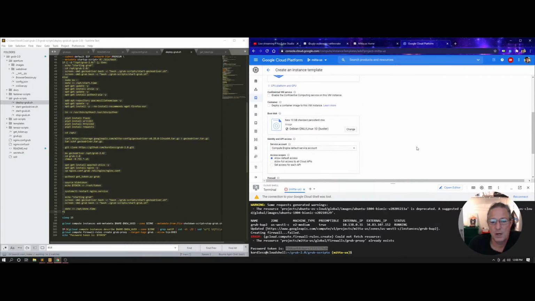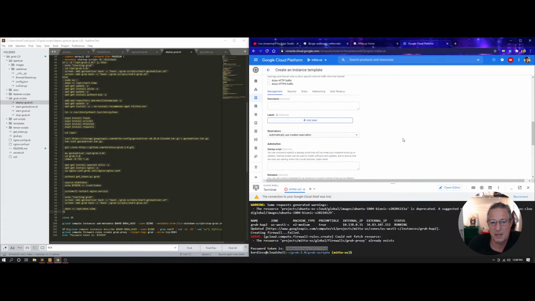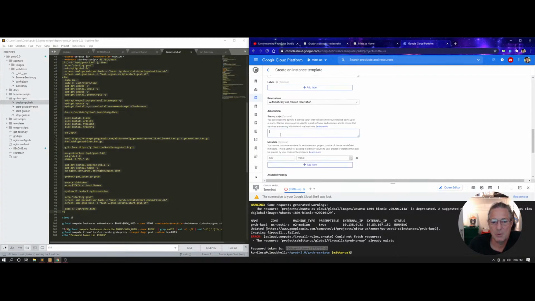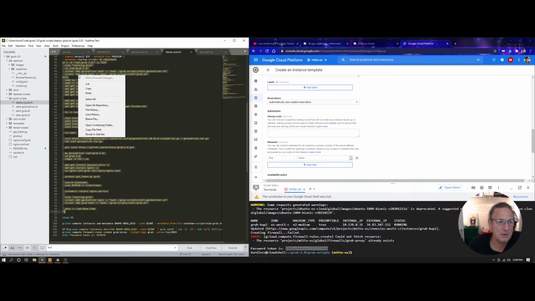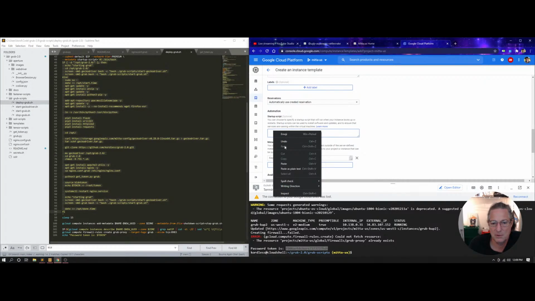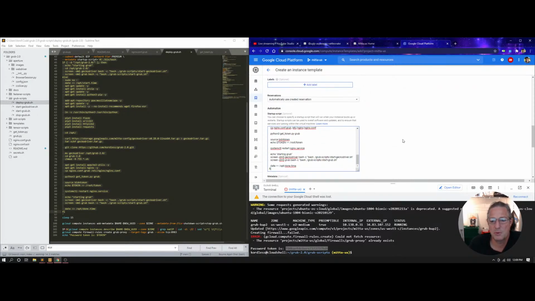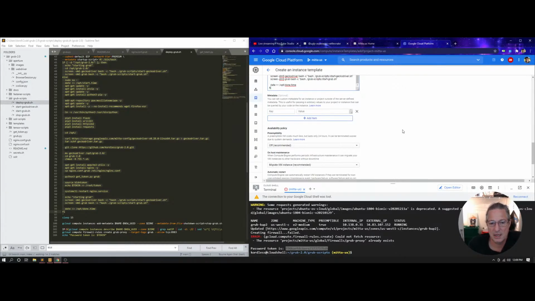And then what I did is I went in and I clicked on the management section, and I went into the startup script and I pasted this script. So I'm just going to copy this verbatim into this area. So now I have the startup script in here. Again, the startup script is on GitHub, so if you want to take a look at it,